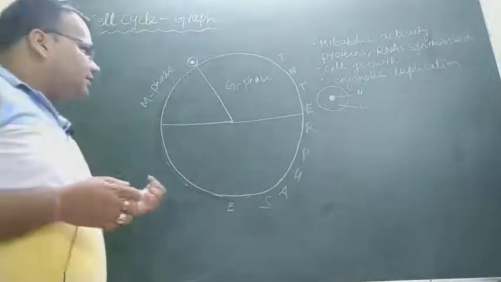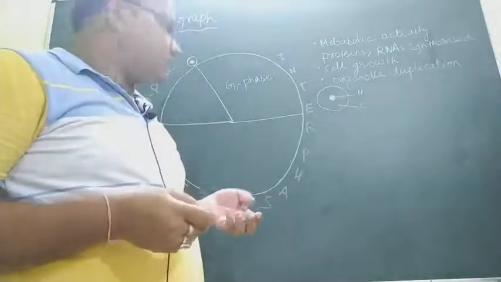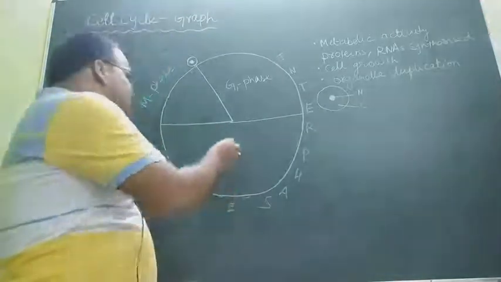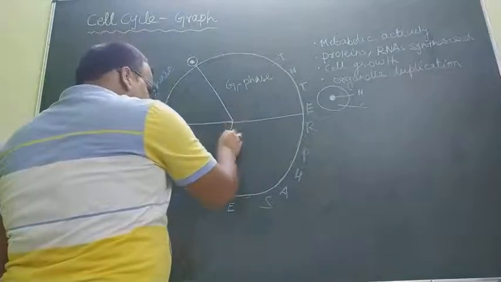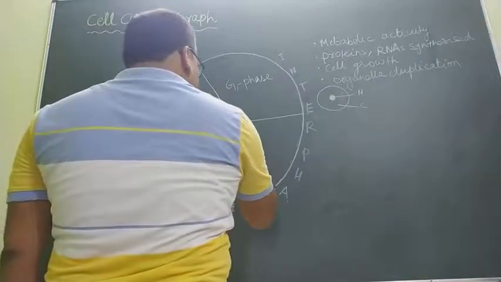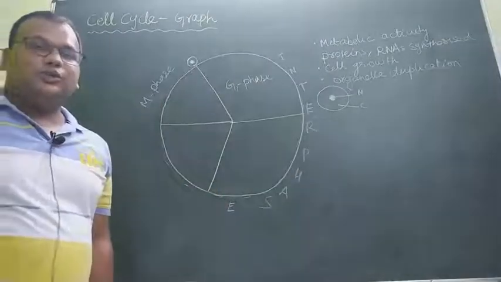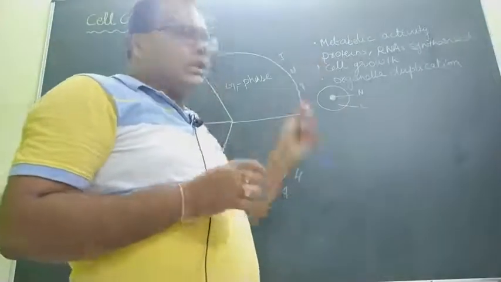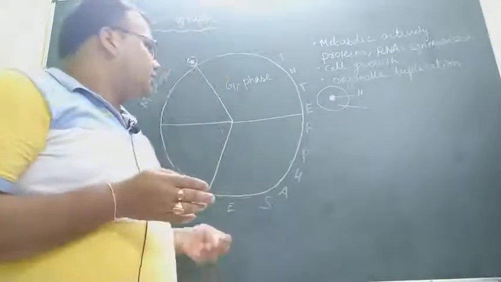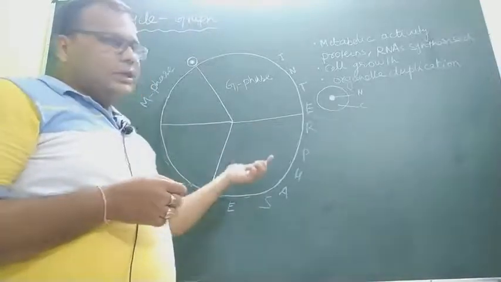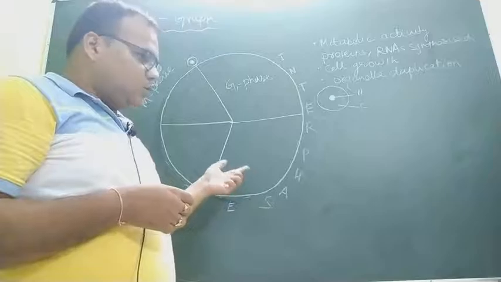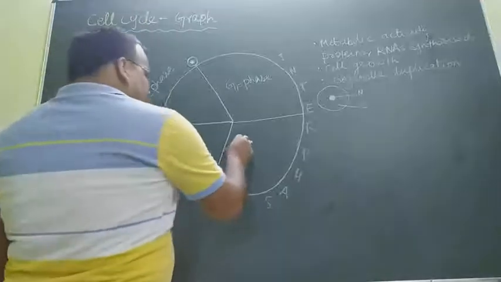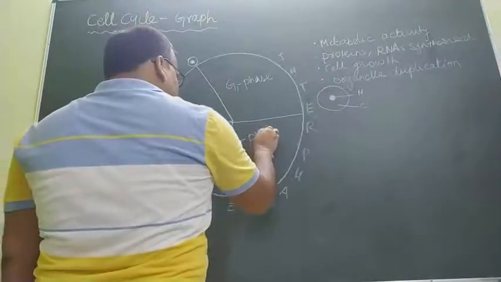Then after G1 phase, DNA replication takes place and cell invests considerable time, and this phase of cell cycle is called synthesis phase or S phase. So after G1 phase, the cell enters into new phase in which growth activities and metabolic activities are reduced, and actually other metabolic activities are reduced, and the total emphasis of cell is on to replicate its DNA. So it is S phase or synthesis phase.